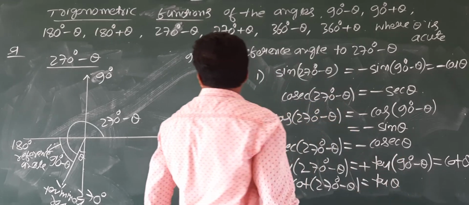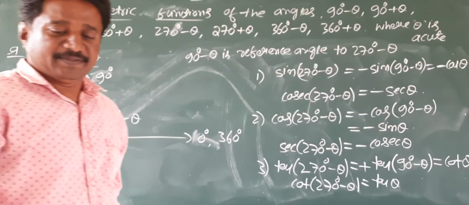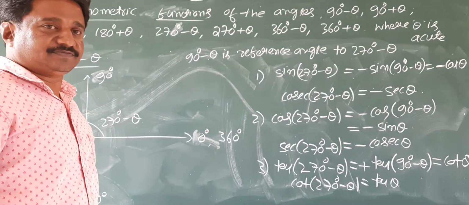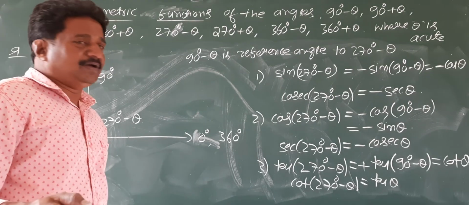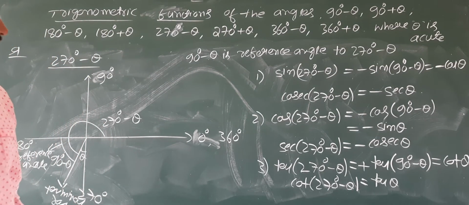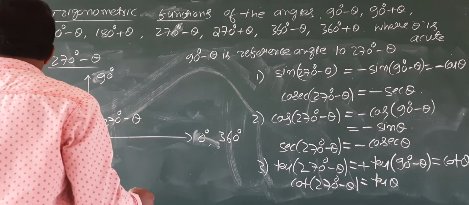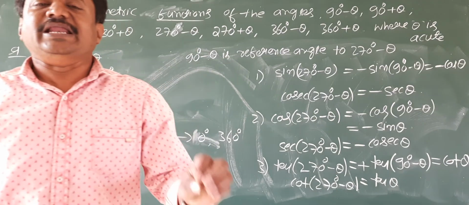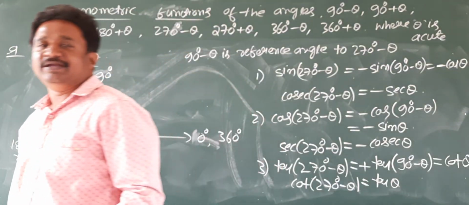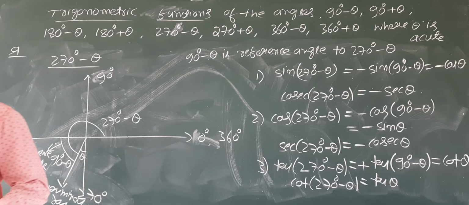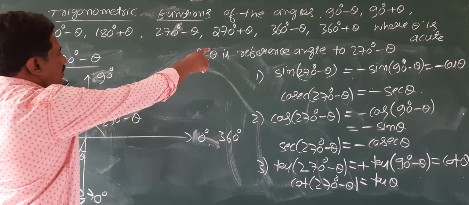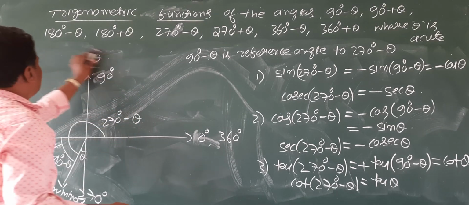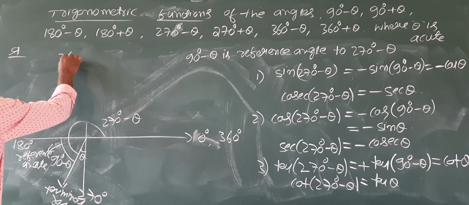I hope you people are understanding these things well. So now let's check the time. I hope you understood this well. Right, friends? I explained one more. Remaining, I will leave you to complete; I won't do it on my own. Next, I take 270 plus theta. Shall I go for 360 minus theta? I go for 360 degree minus theta.